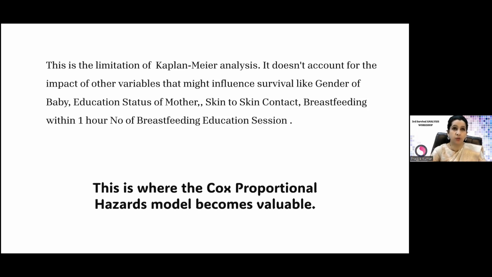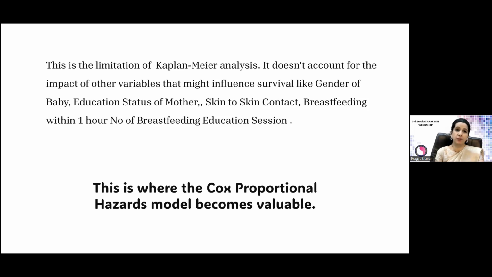Like you can only study a single variable, maybe only gender, or educational status, or skin to skin contact, etc. But in general, you have many more variables. That's why there is a utility of this Cox proportional hazard model, and this is a very useful model. It has a very high utility because it gives you the adjusted hazard,